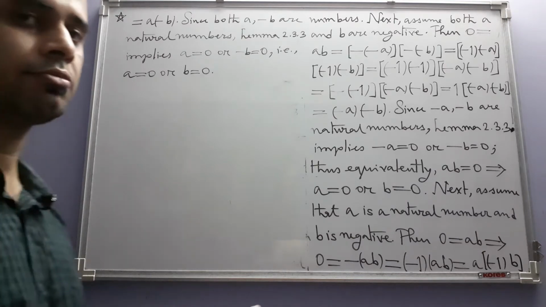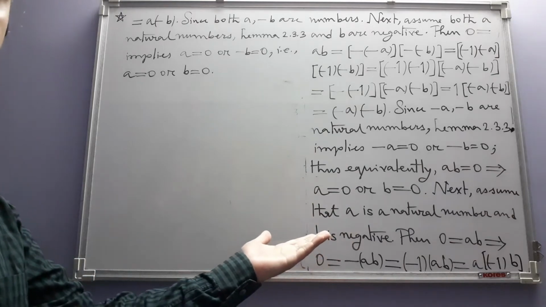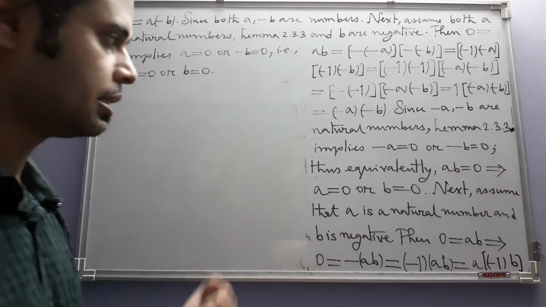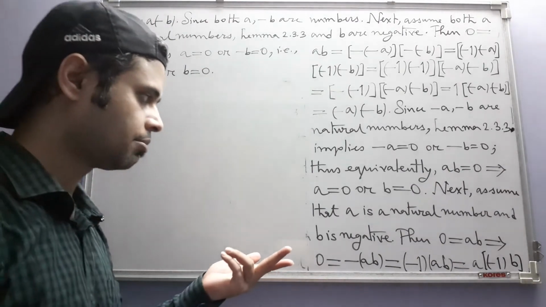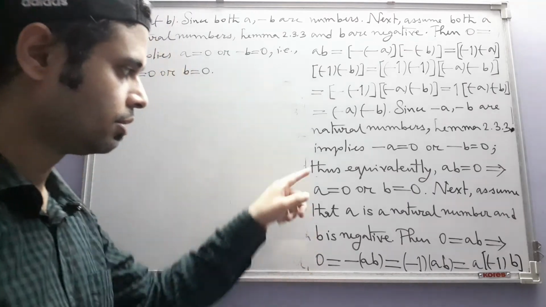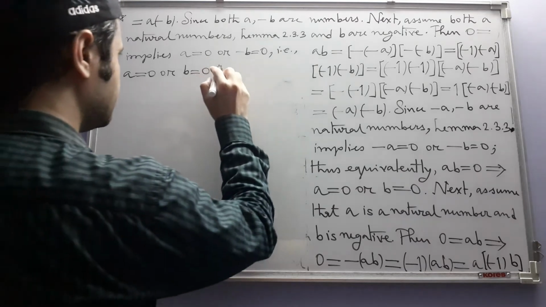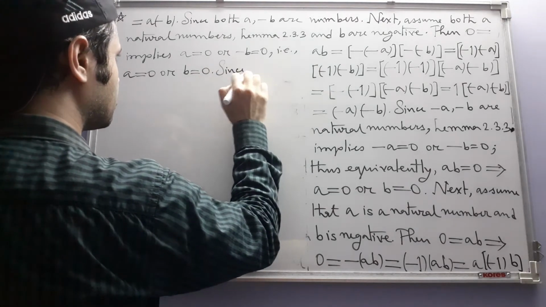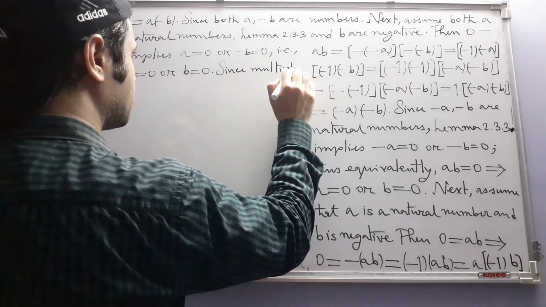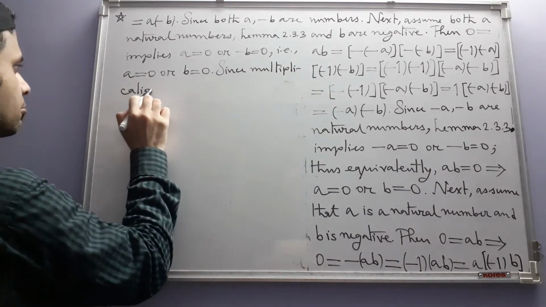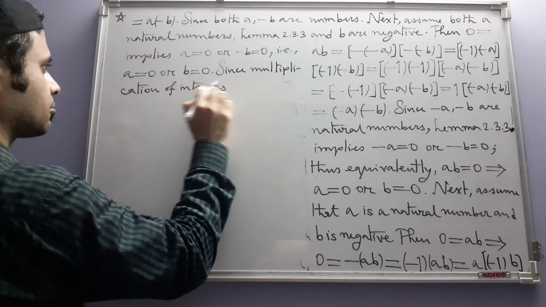It seems that we have only one more case left where a is negative and b is a natural number. But since multiplication of integers is commutative, this case itself handles that case. In fact, we can write, since multiplication of integers is